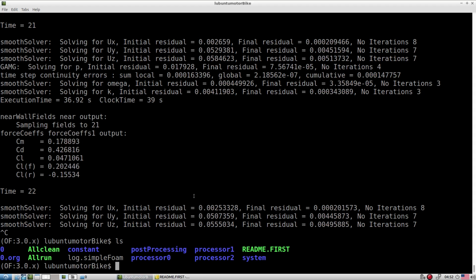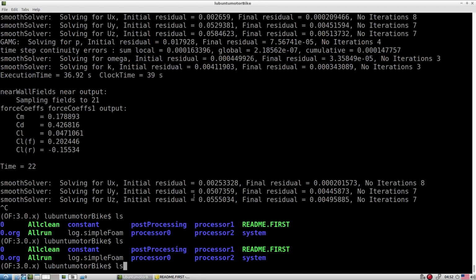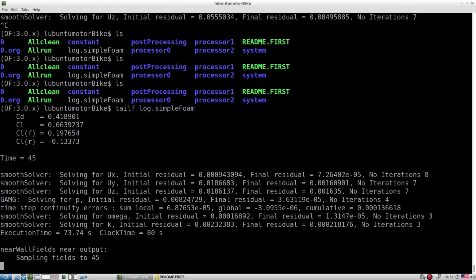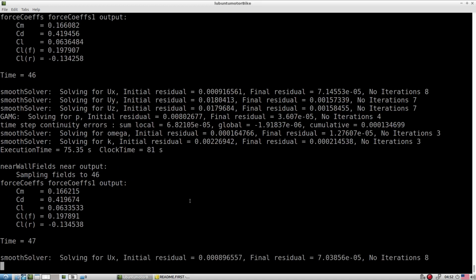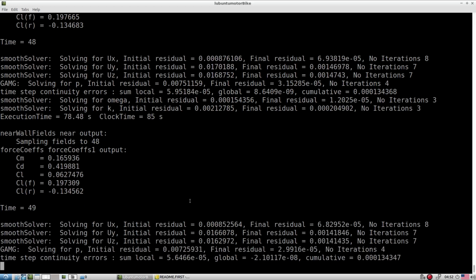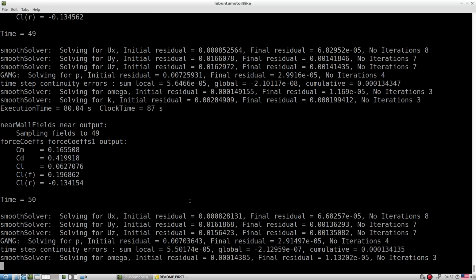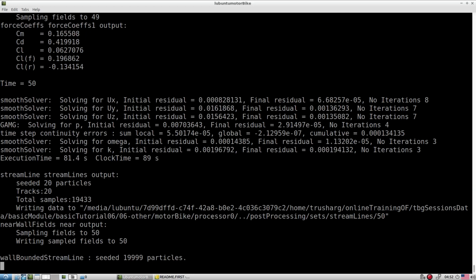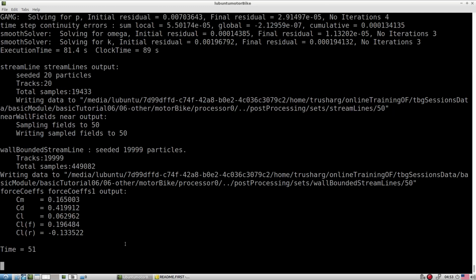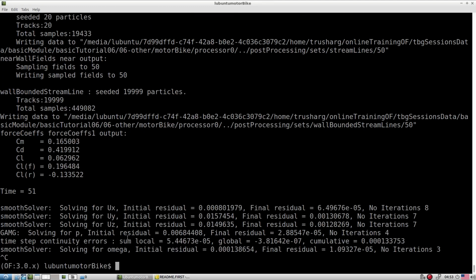Okay, so let's first create one backup file, then we type that command. It's 45, so at 50 let's try to create one backup file. Okay, so this backup file is created. Okay, now let's finish its post processing. Okay, so it tries to create the streamline and everything, but if you look here,